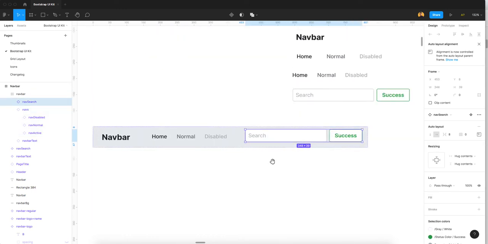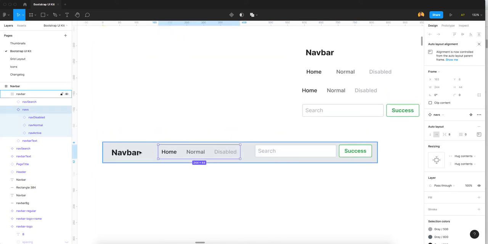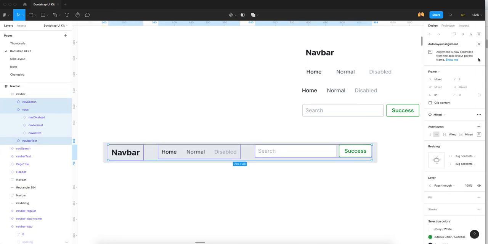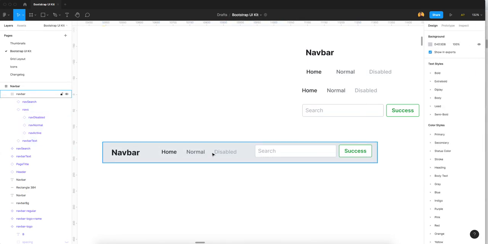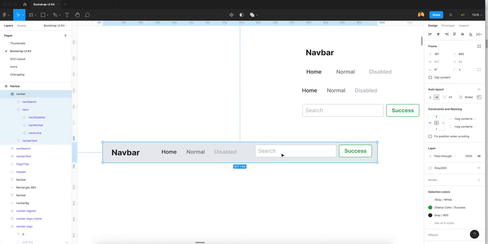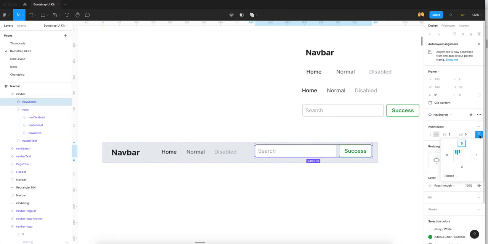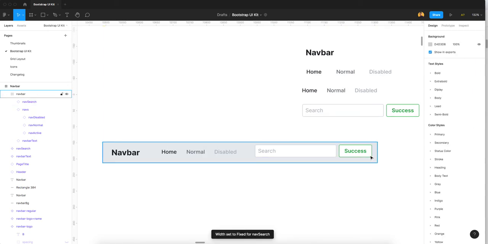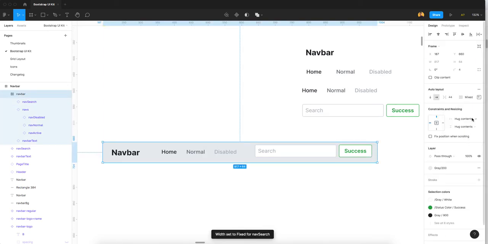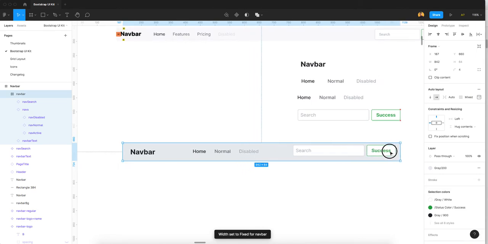But you will see the space between them is not equal. So we go here and check space between. First we need space between equal. Okay, these are the spaces.